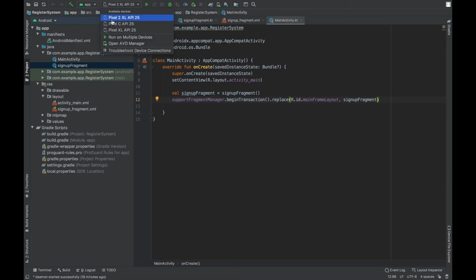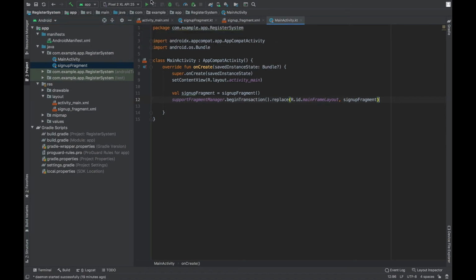So here I have Pixel 2 XL, which has API level 25. Pixel C is for a tablet, and Pixel XL API 25 is for a device that is neither too long nor too narrow. So for this project I am going to select Pixel 2 XL with API level 25.